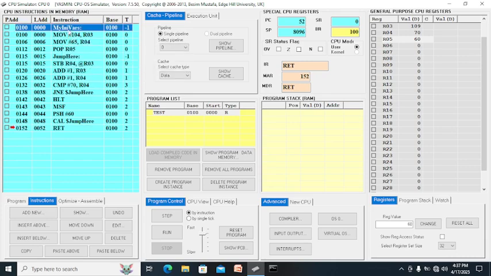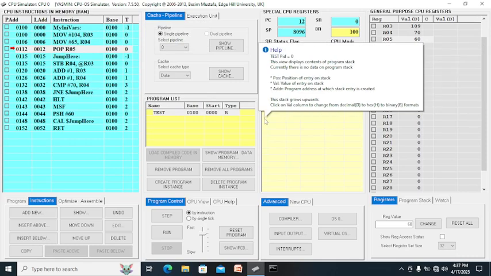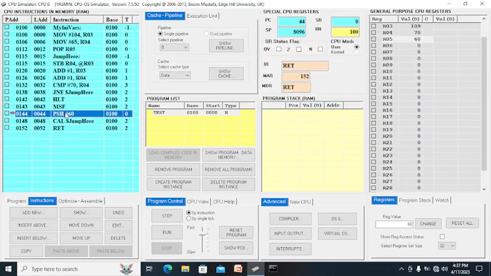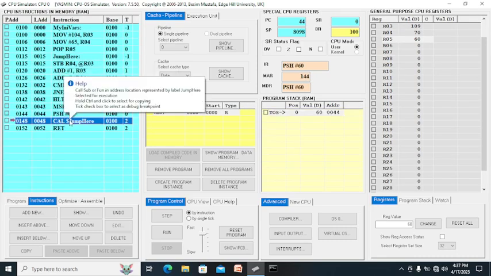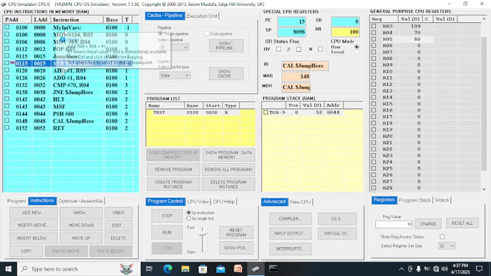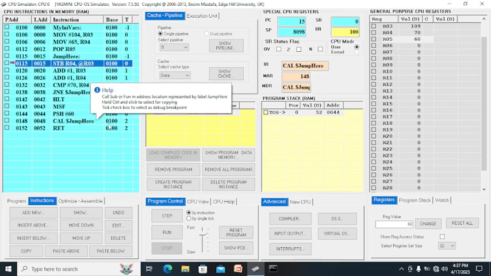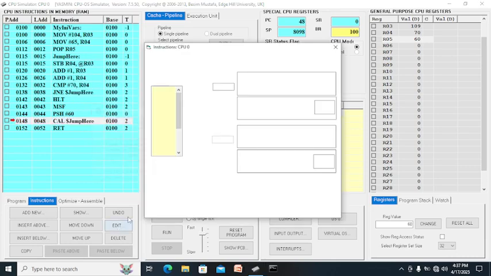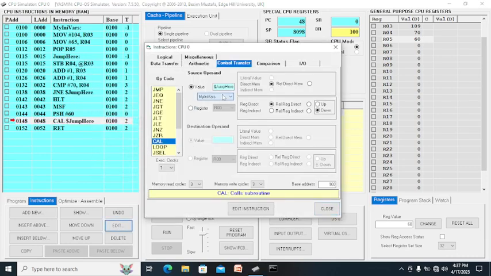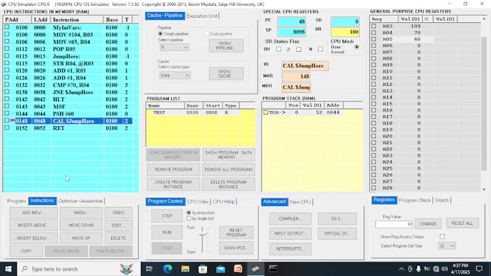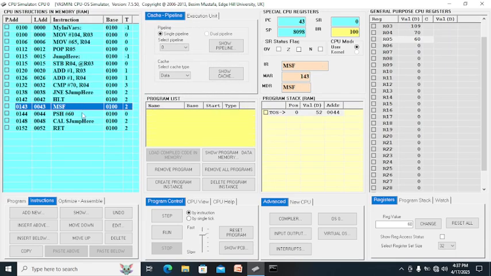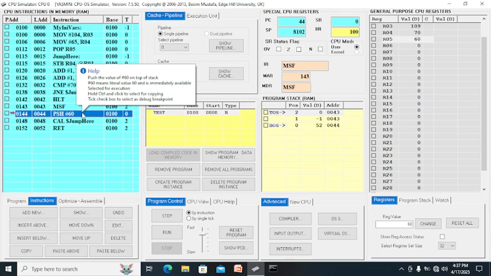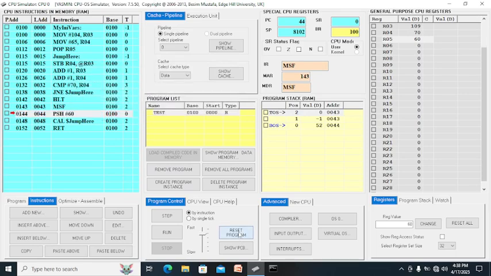If you run here, it will commit an error because there's no pop data on the stack. So you need to start here with push, then call the jump, and it will go here. It's not jump here, but should be my ini bar. Okay, so we edit that, and it should be my ini bar, label 2. So after MSF, you reset the program, make it clear.